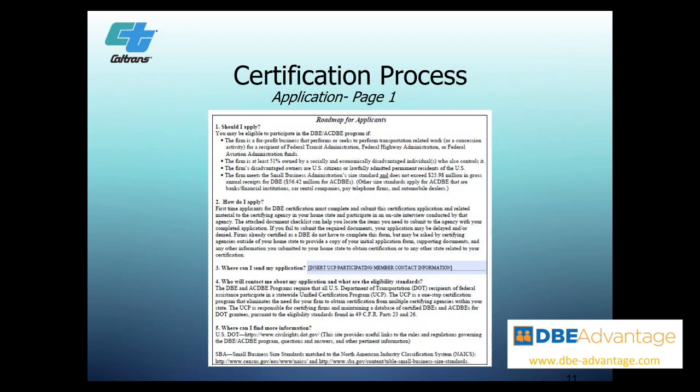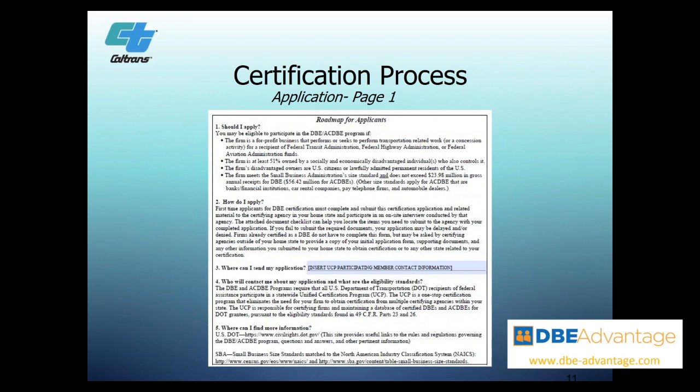We identified, should I apply, and we talk about specifically what rules are going to be applicable with regards to ownership, your disadvantaged status in terms of being one of the named minorities or women, and your size standard. How do I apply? There are certifying agencies here in California, and Susan, do we know how many agencies there are? 15? I believe so, and we have a roster of certifying agencies as a form that we can provide. So that's available on our website as well as part of the materials available to you.